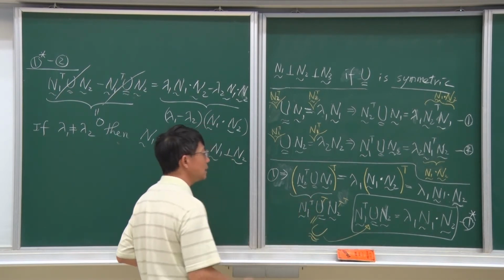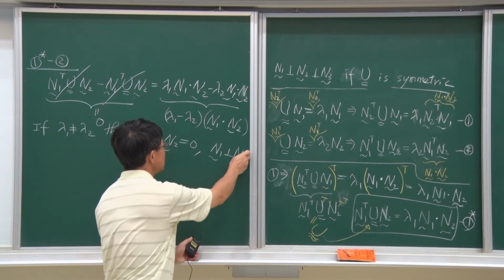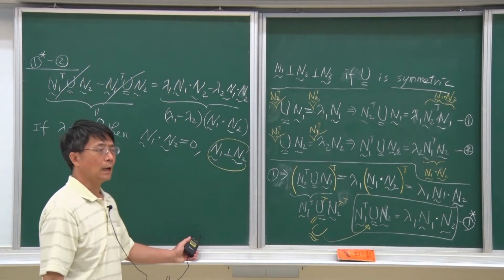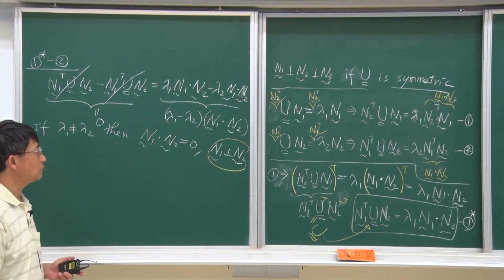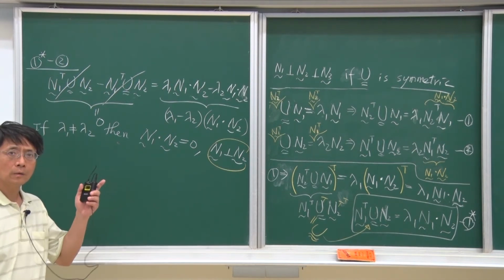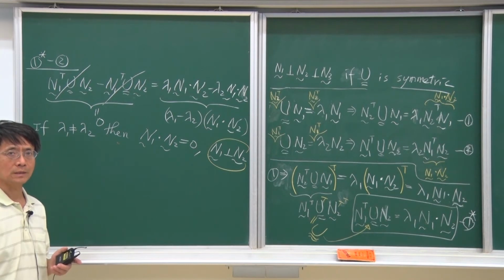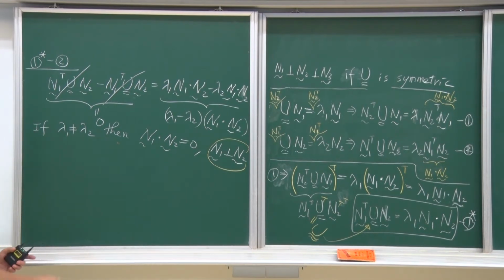It means that this orthogonality between two eigenvectors only works for symmetric matrices. OK，这边呢我们就知道了哈，可以这样。